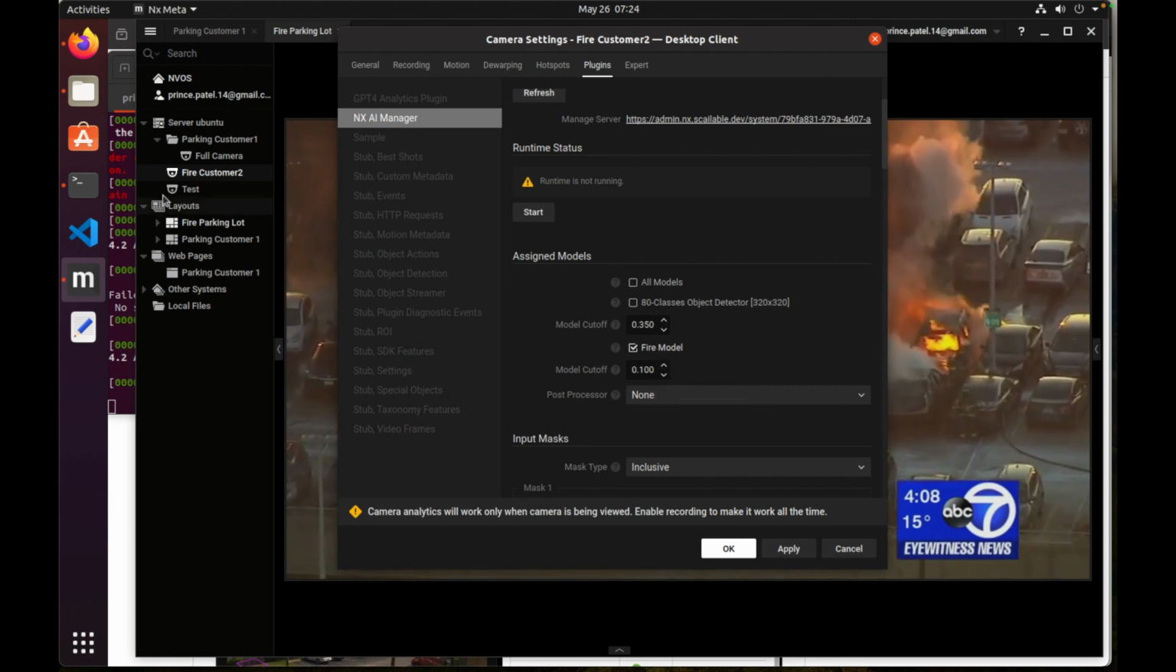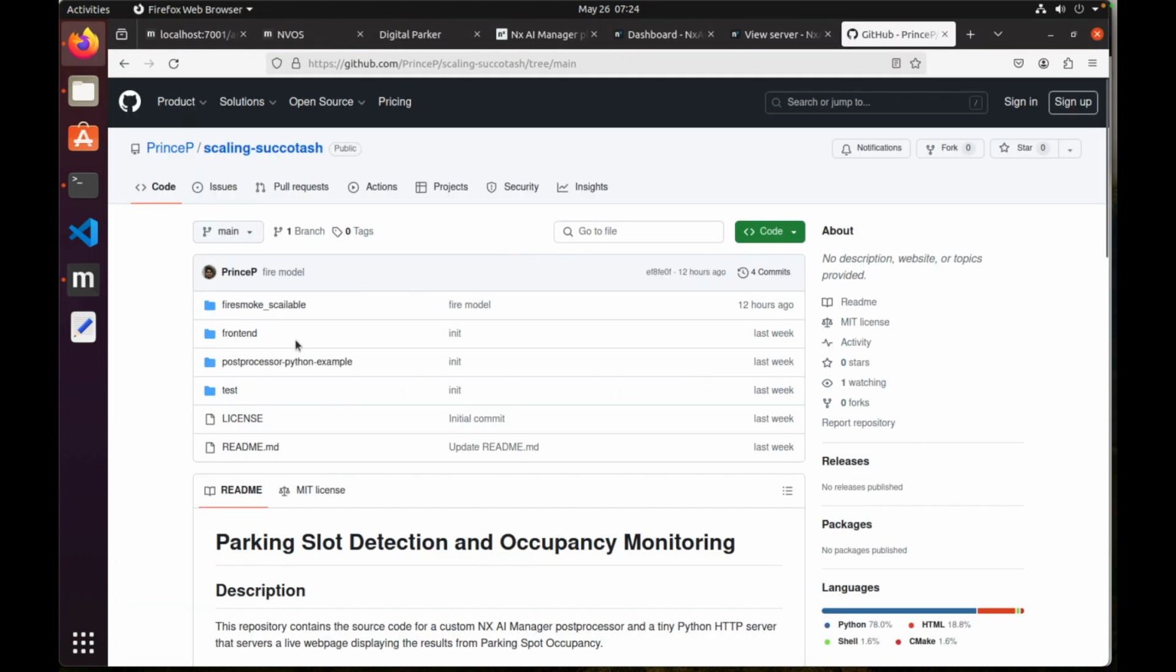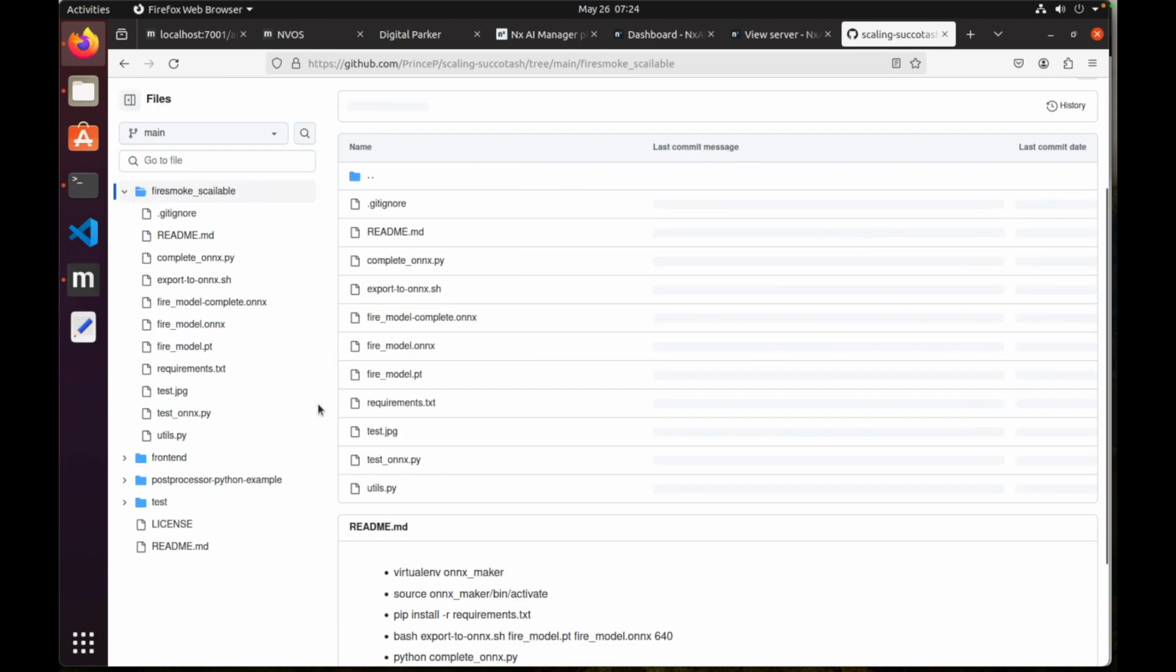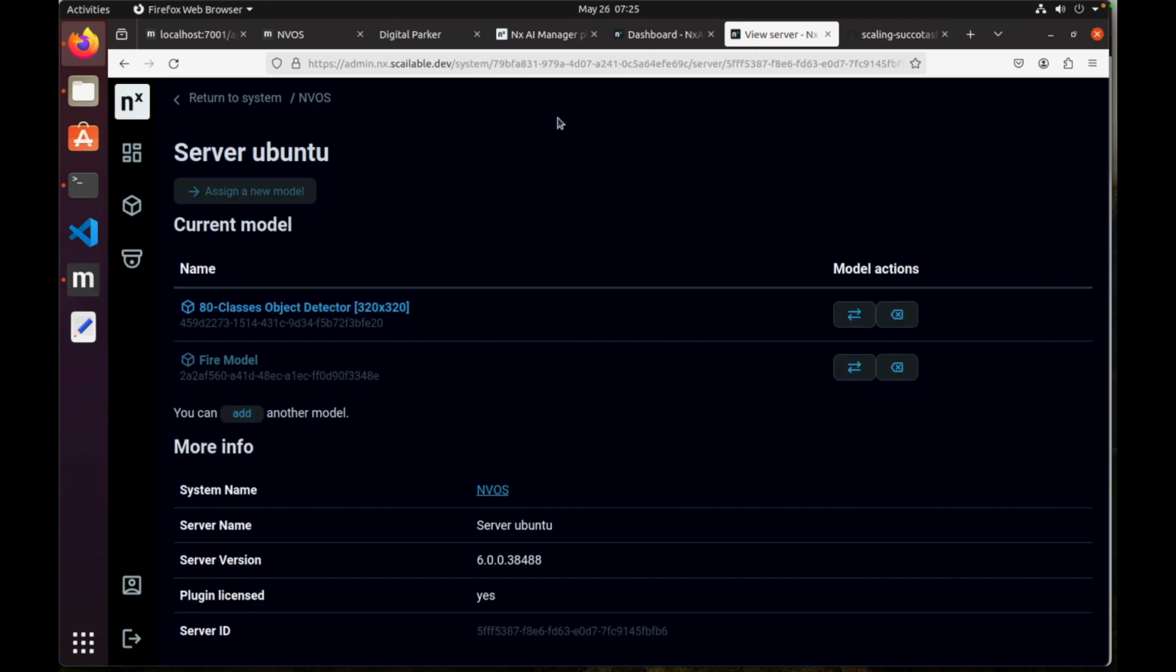Now this fire model is deployed into the current repo which we have shown in the demo. In this particular fire smoke underscore scalable repo, you can see all the files are present. We have created a virtual environment, installed all the requirements file, and exported this PyTorch model to the ONNX model, right? And then we are able to see some results from that particular ONNX model. Once that ONNX model is built, which in our case is the fire model ONNX file, we are able to upload it into the